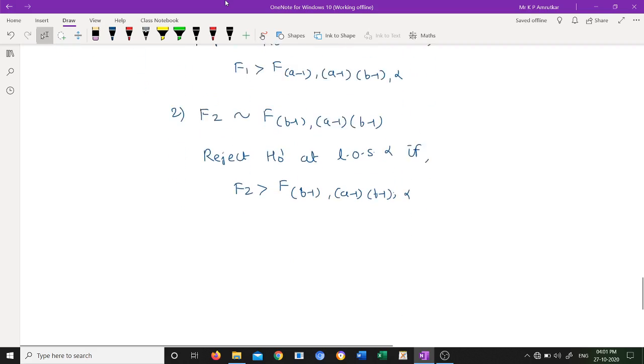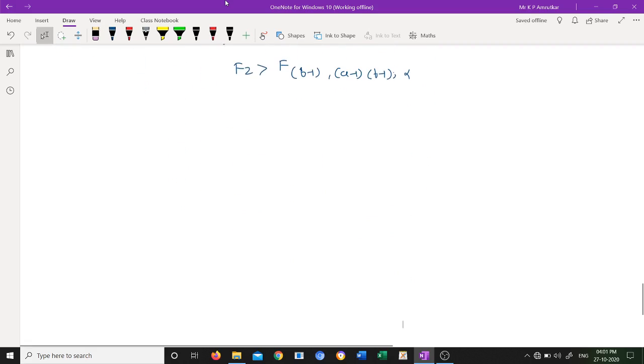Now we are going to see the statistical model, or sometimes we call it a mathematical model, or simply a model. The model used in two-way ANOVA or two-factor ANOVA will be like this: Yij is equal to mu plus tau i plus beta j plus epsilon ij,